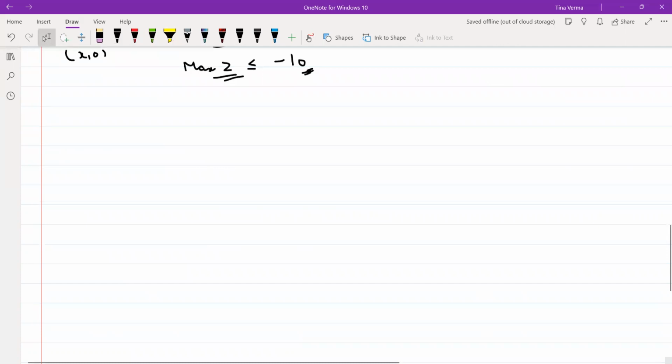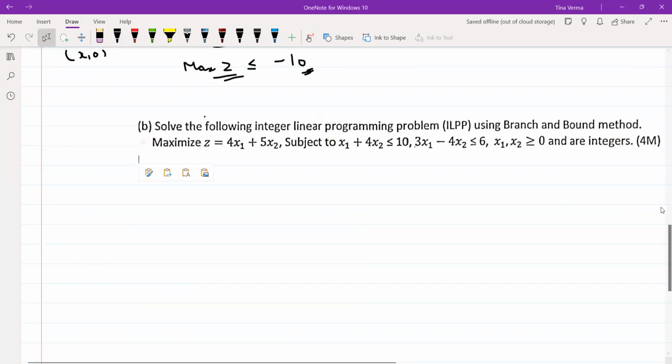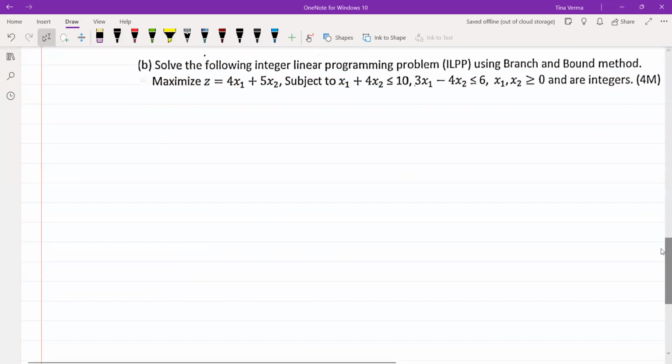Next, you are given the second part, which is that you have to solve the integer linear programming problem by branch and bound method. So this was the question. So here you have to apply your branch and bound method. When you solve this question, this is your maximize z equals 4x1 plus 5x2. This you can even solve